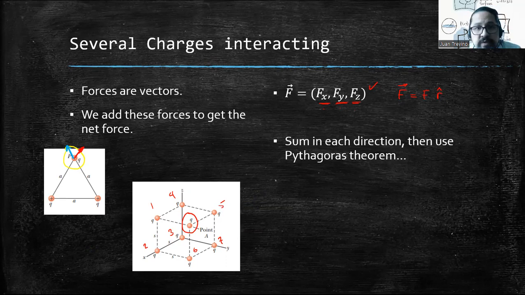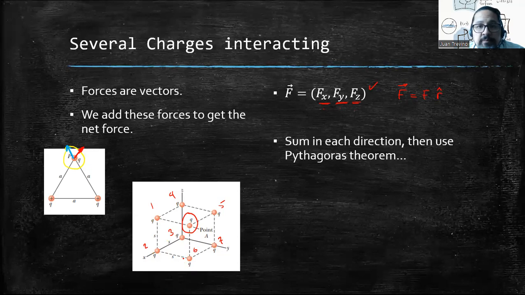However, it is straightforward, and never forget that you have to make use of the symmetry of the system, and probably we can work less. For example, charges 1 and 5 are at the same distance to Q. Also charge number 6, they are all at the same distance. Charges 2, 7, and 4 are at the same distance to Q at point 8, and the remaining one is